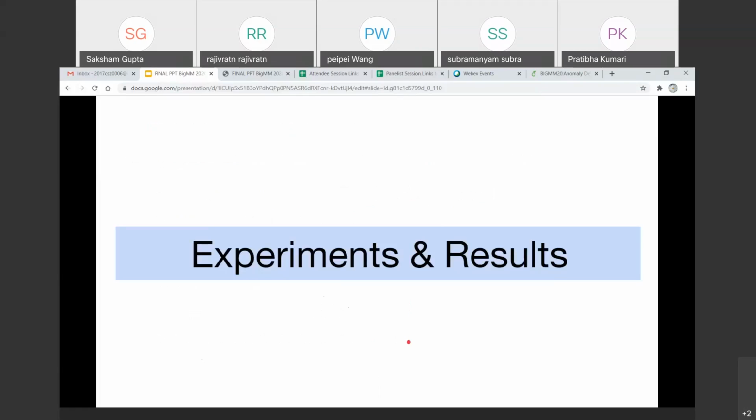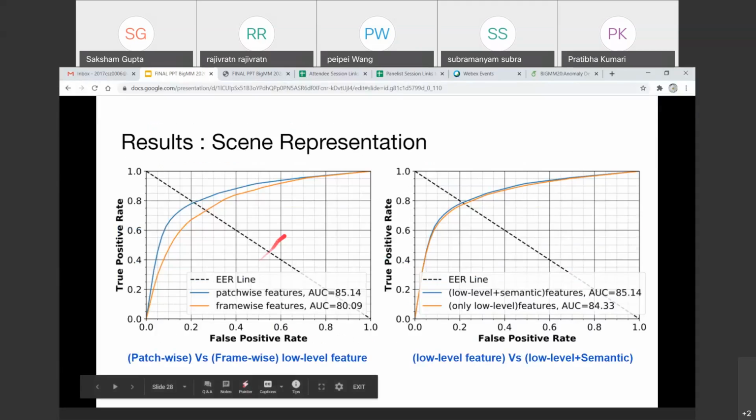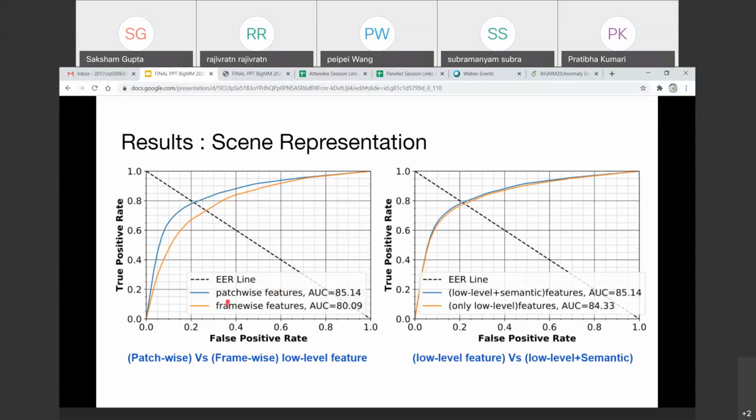Let's look at the experiments and results. In the first experiment, we compare the performance for low-level features using patchwise histogram or frame-wise. We clearly see that the performance increases for patchwise motion information. So we find